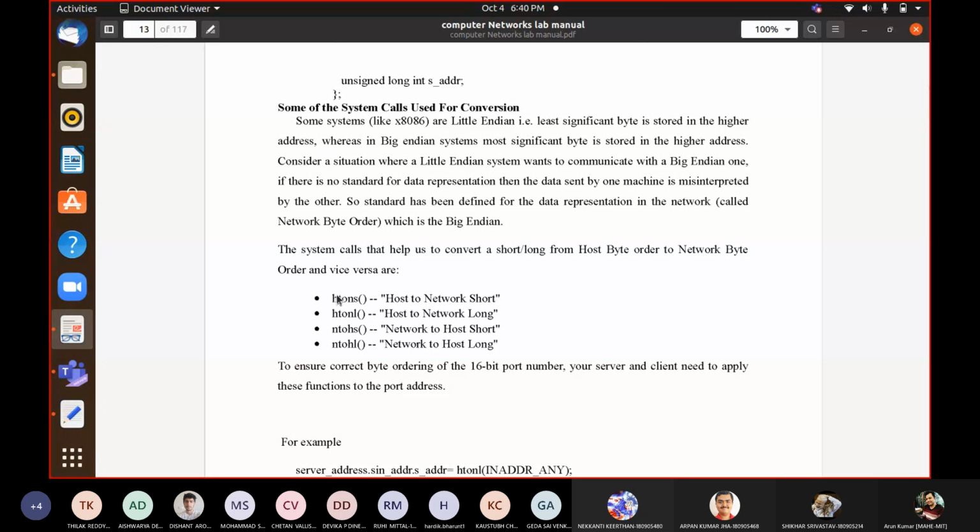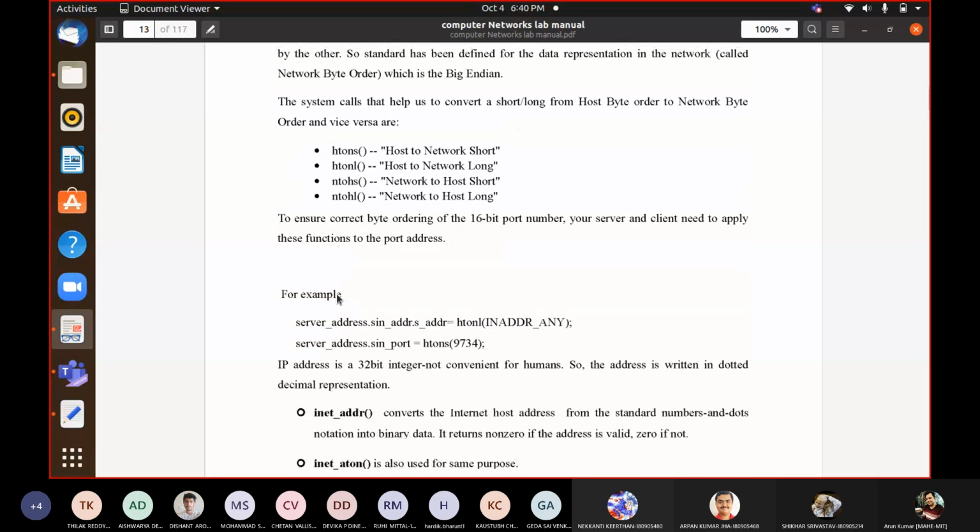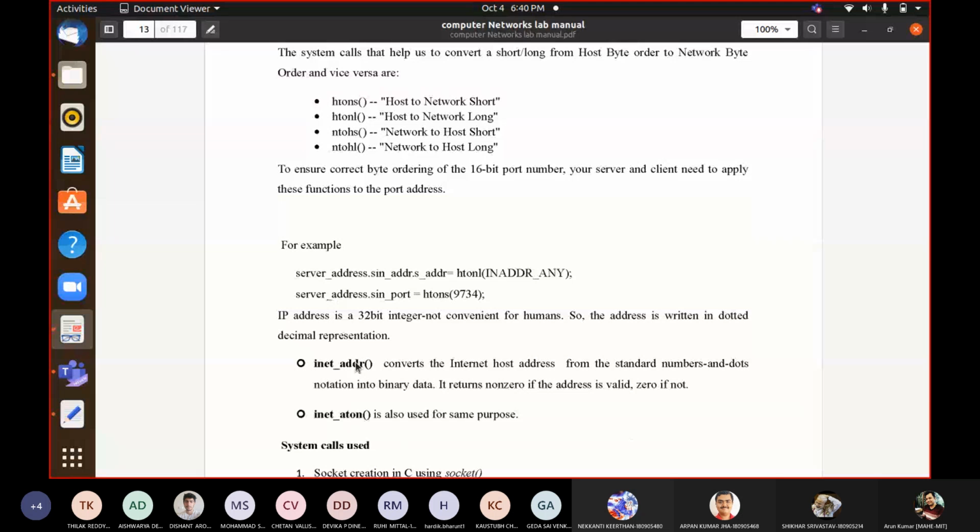Then one more interesting thing is that we are dealing with IP addresses, and as humans we are more comfortable with numerical digits. Because we can't remember 32 bits, we use another representation called dotted decimal, like 127.0.0.1. But the network machines understand only bits. So how would you convert it when you send your IP address to the network, so that the network entities, that means the routers, can understand what you are saying?